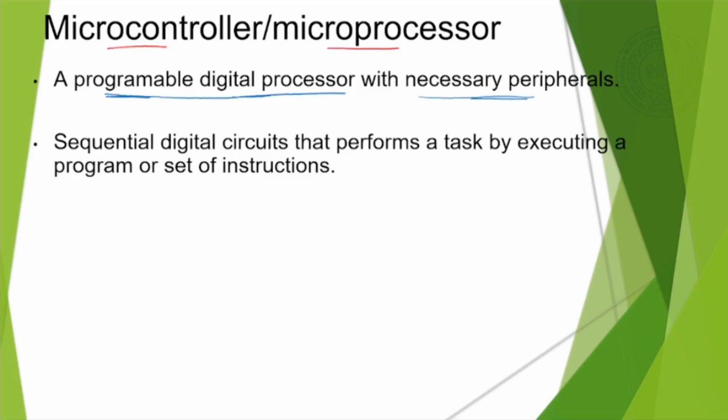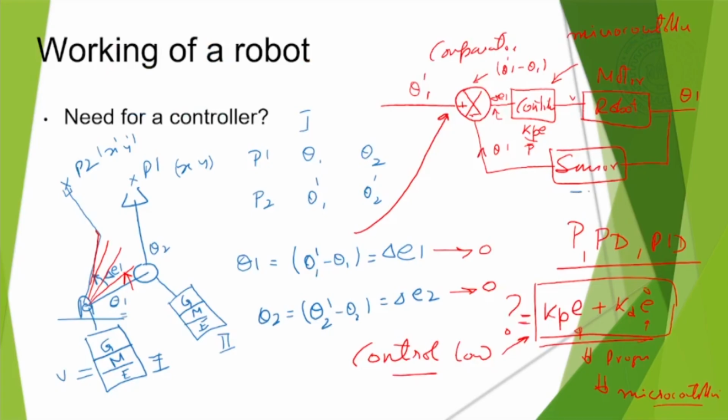It basically means, first of all, that it's a programmable digital processor. It is digital, it is not an analog device. Now we are going to put a program in there, so it has to be programmable, and it has to process that program to produce some desired task. With necessary peripherals. Why necessary peripherals? For example, it may have to take some input from some sensor. For example, we talked about the encoder. In the previous control system diagram, there's a position sensor like an encoder which is fitted there. So this information has to go into the microcontroller: what is the present position, what is the desired position.